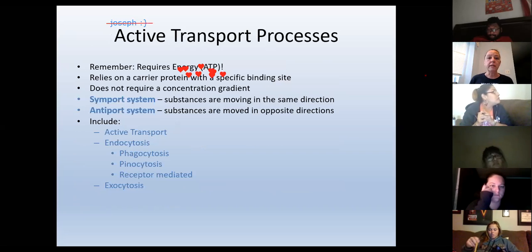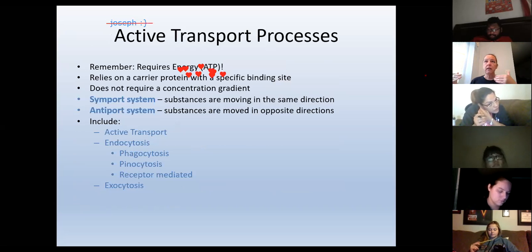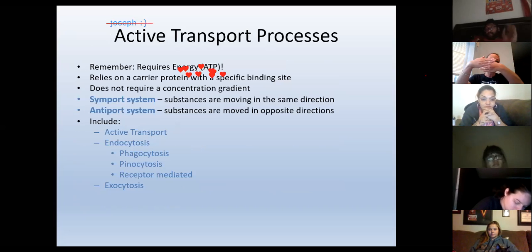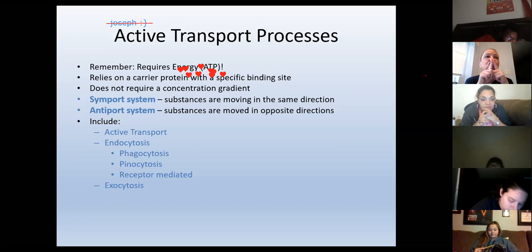So the first one, here are the active transport processes. We have the symport, where things are moved. Sym meaning what? The same. So if substances are moving in the same direction, it is symport. If they are moving in an opposite direction, they are antiport. And some of our transports, this is just terminology, guys. Where is stuff moving if I have